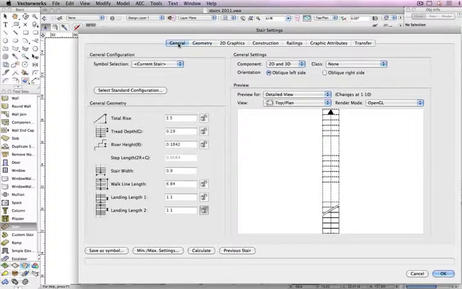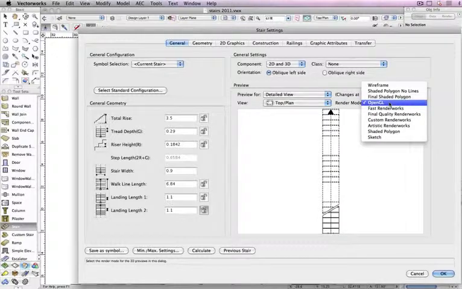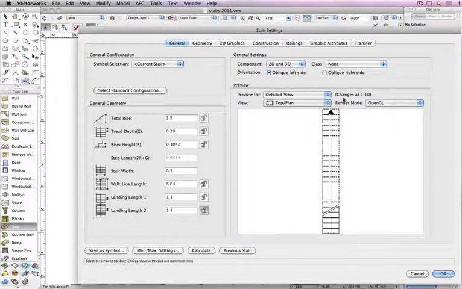Now, if you look at the preview section, you will see a few more improvements we've made to the stair settings. We've removed the symbol field that appeared just above the preview field, and we've added a new render mode drop-down menu. Additionally, we've added a static text field to the right of the preview field. This field shows the scale at which the stair details will be hidden. In this example, the details will not be shown in the stair if the layer scale is greater than 1